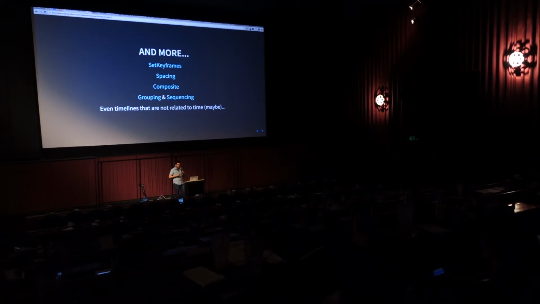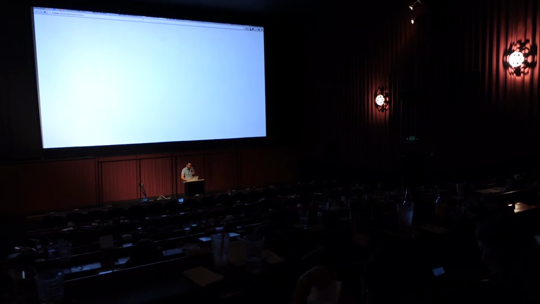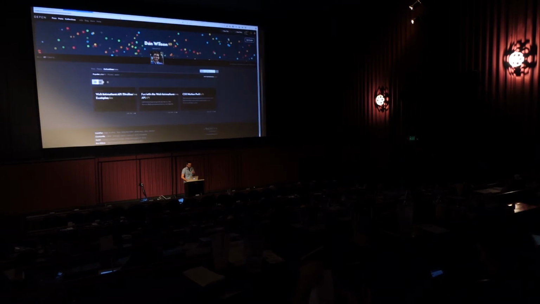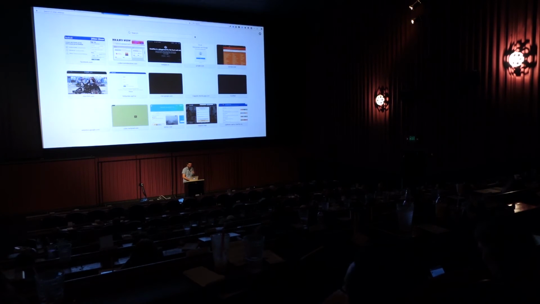And there's a lot more coming too. These are kind of smaller pieces, but setKeyframes. Firefox has this, and it's basically swapping out keyframes in the middle of an animation. So let me actually jump to that one, because that one is kind of hard to explain. Chrome does not have it implemented, and the polyfill does not have it implemented, but